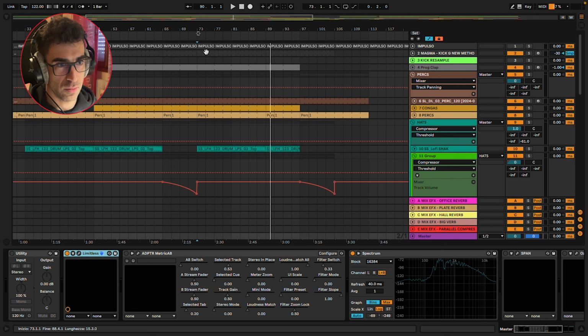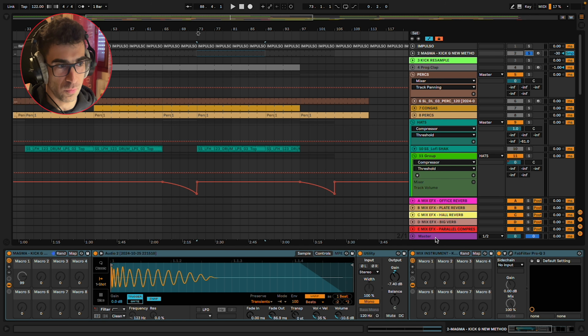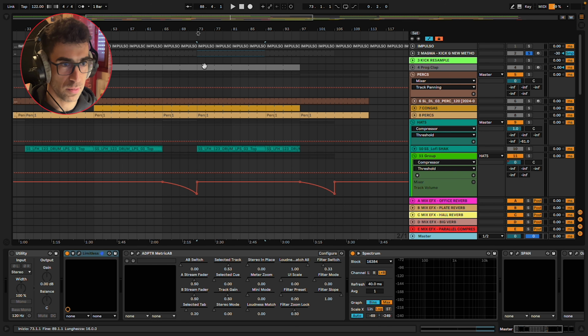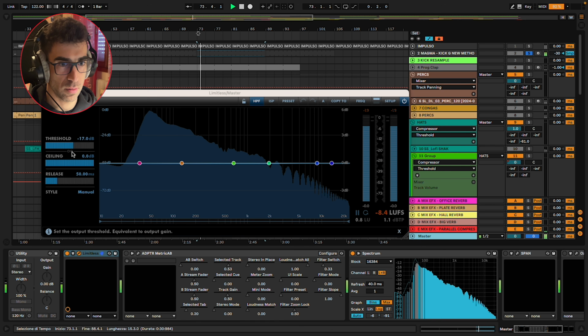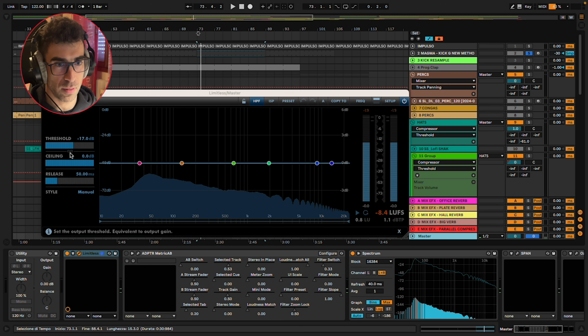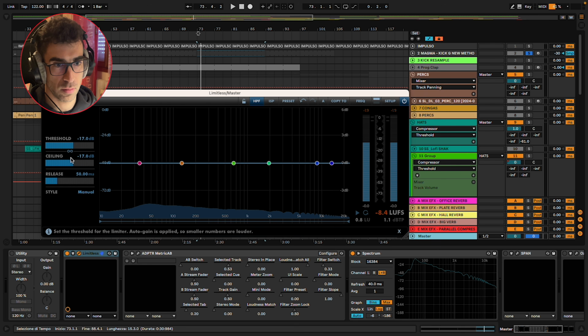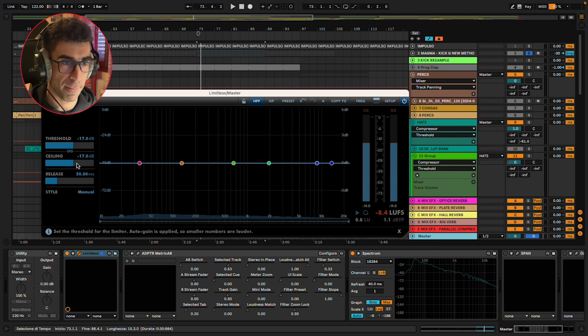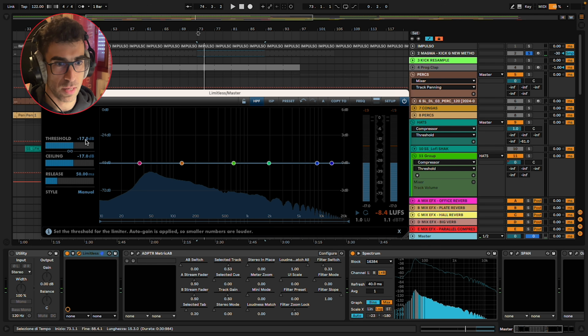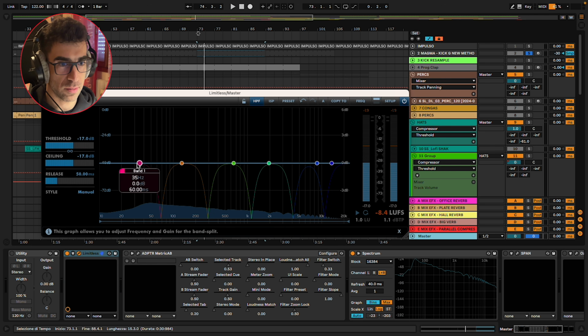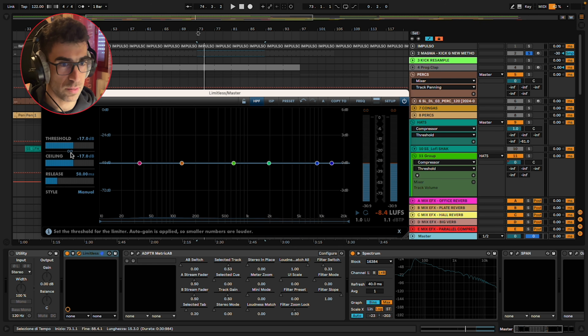So basically what I do is, if I start with the kick drum, for example, I open my limiter, I link the ceiling with the threshold, and I set this up in a way that the kick is not distorting at all, but it is just at its maximum available level.